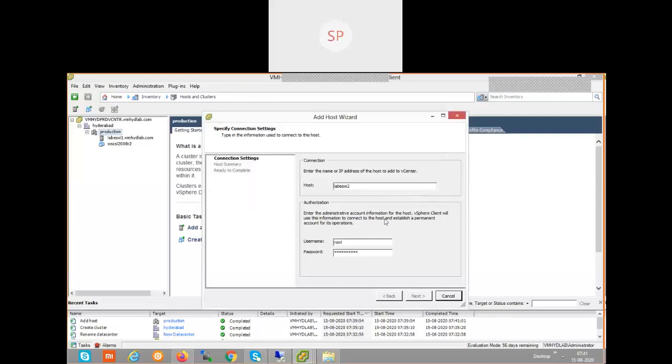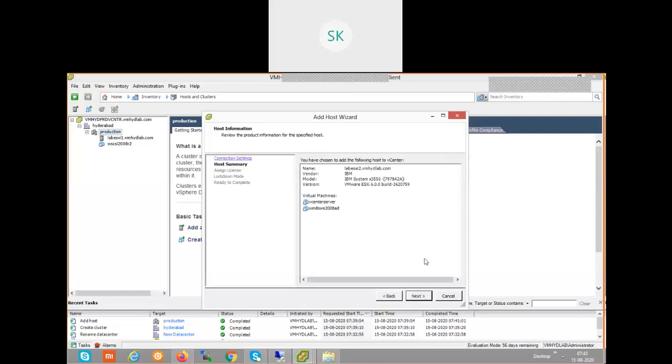Properly enter username and password. The permission error is because the user is not entered properly. We need to enter root as the user and the root password as the password. The same password we set during the installation, we need to set here. While adding the ESXi host, we should know the root username and root password. Next,